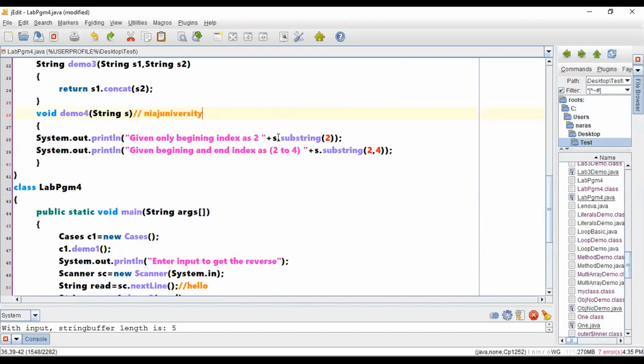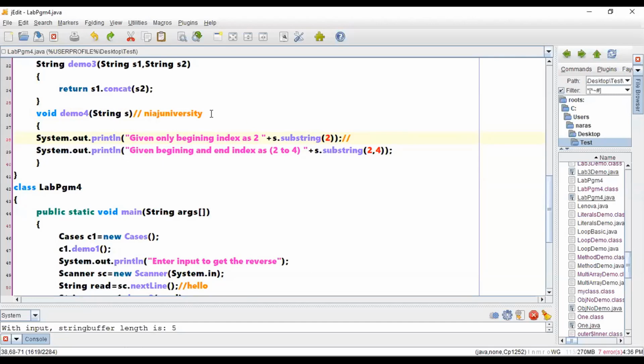Now we are saying yes dot substring of 2. What will be the output of this statement? You said from index 2, everything should be considered.